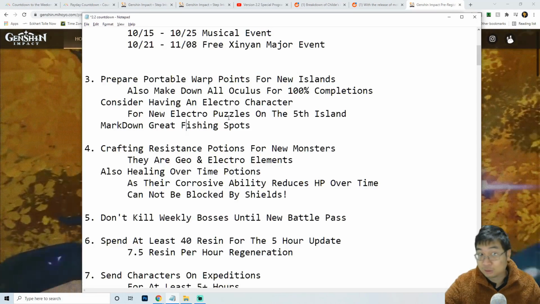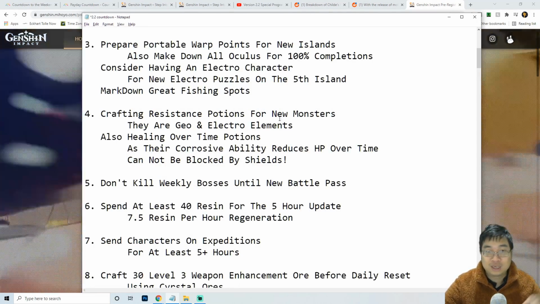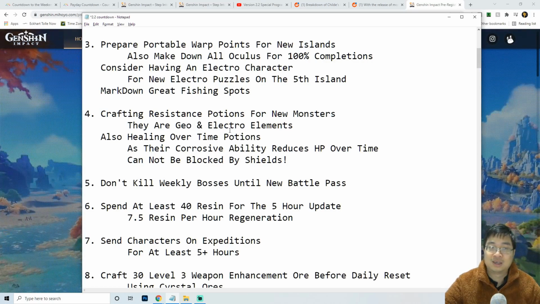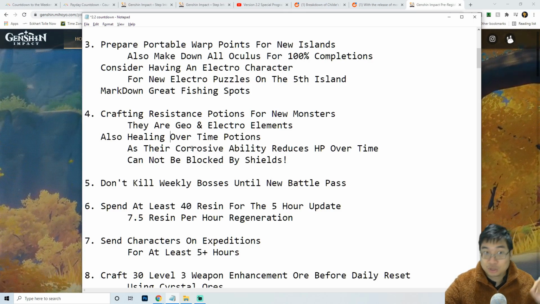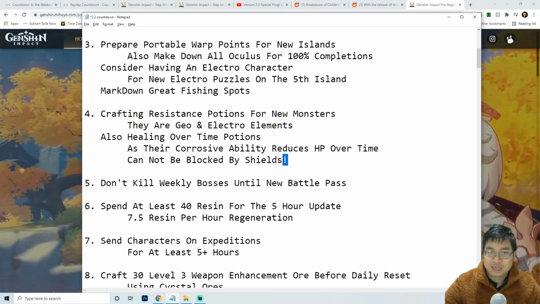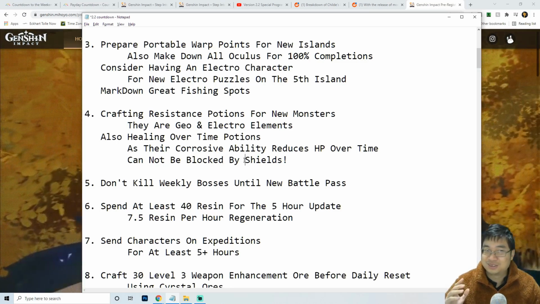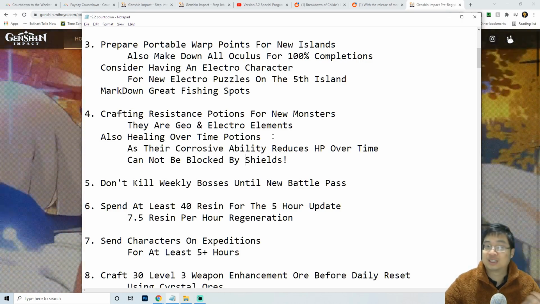In order to prepare for those monsters, if you guys do find yourself in a bit of trouble against them, we can craft the resistance potions for the Geo and also Electro elements. Also, those monsters will deal corrosive damage. So in order to prepare against them, we can't really use a shield because they're supposed to go through the shield. So making sure we have some of the healing potions that heal us over time will be one of